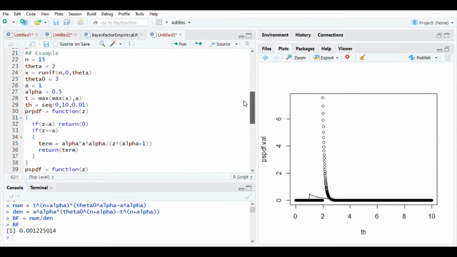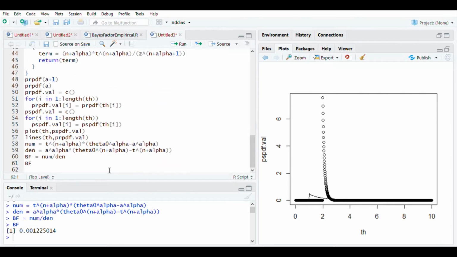So what we are doing is, because H naught is theta greater than theta naught, here the random sample is generated from a value which does not belong to the set theta naught. So what we expected was rejecting H naught. Because the Bayes factor is very small, we are very strongly rejecting H naught. So we are taking the correct decision here based on this sample.